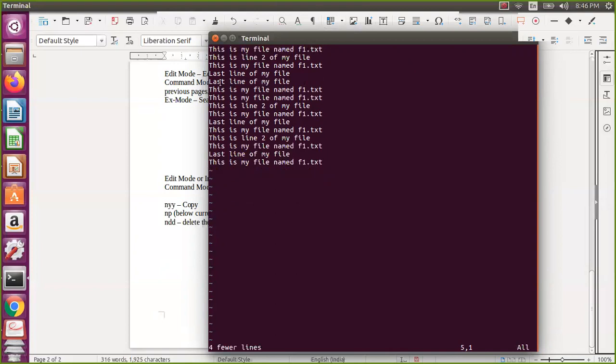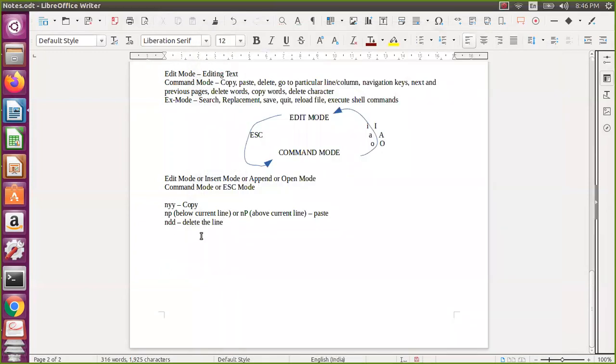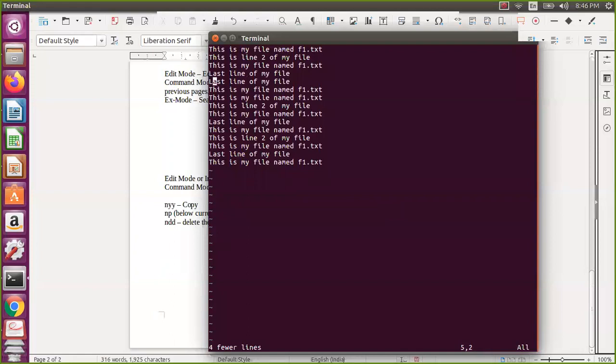Of course, this last line I am not using as a real last line. This is just for our information, so don't take it exactly as the last line. It is just for our understanding. Maybe you can replace the last line with the next line, we'll see that. So whatever multiple lines I have to delete, I can do this. Now let us assume I don't want to delete all this. I just want to delete this word.